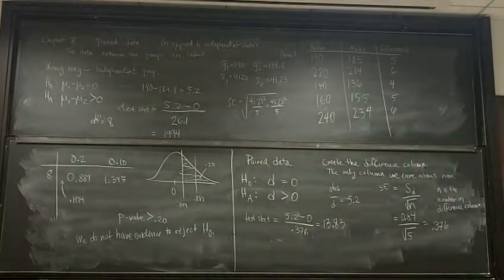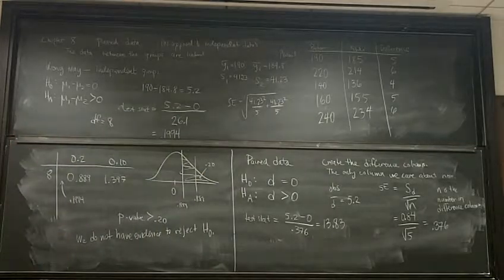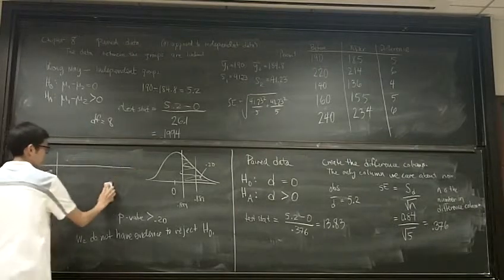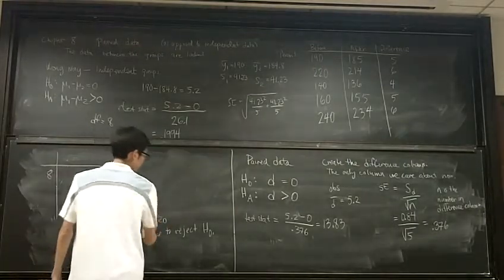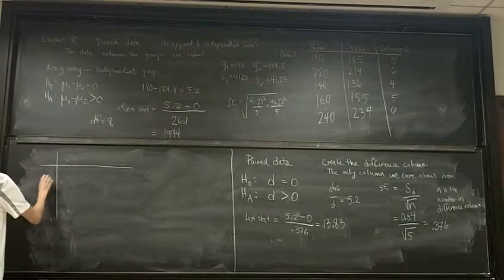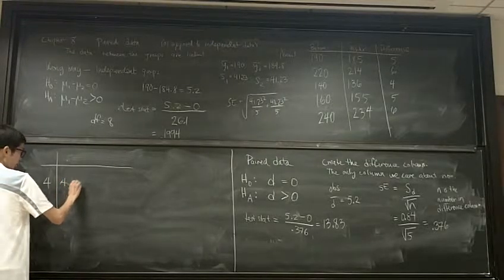So that's huge. And if we look this up in our t-table with 4 degrees of freedom, I'm sorry, not 8 degrees of freedom, 4 degrees of freedom. Thank you for catching that. So with 4 degrees of freedom, I look over here, and the most extreme it goes is 4.604